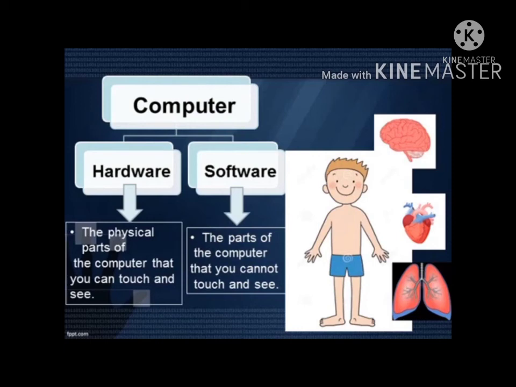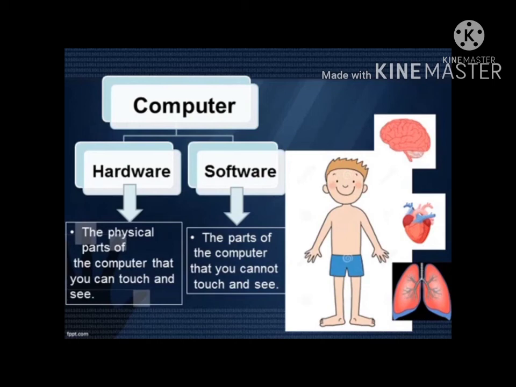The physical parts of a computer that you can touch and see are called hardware. A human body consists of different parts. The outer parts of a body are visible, but the parts like brain, lung, heart, etc., which are inside, cannot be seen. Similarly, in a computer, we can see the parts of the hardware that are outside. Example, monitor, keyboard and mouse. They are attached to the CPU by cables.